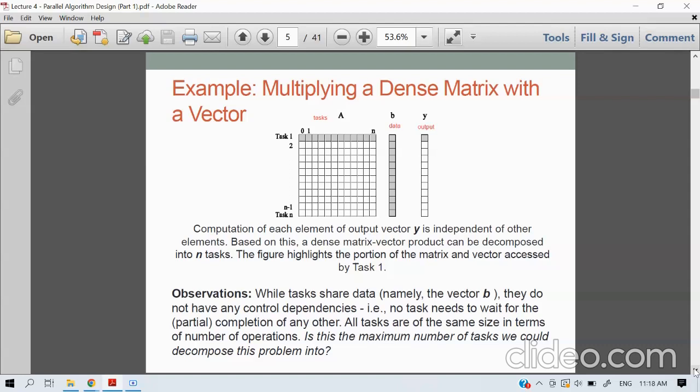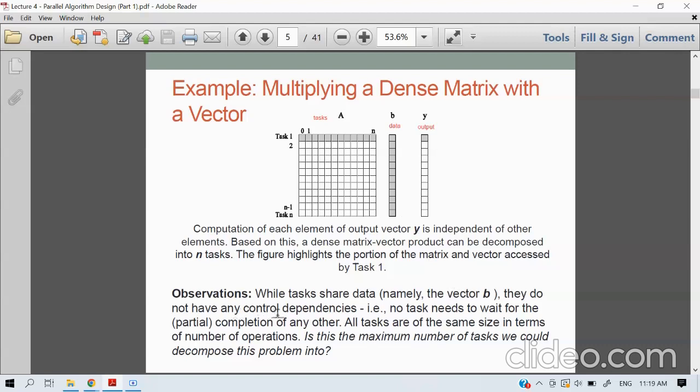So the figure highlights the portion of the matrix and the vector accessed by task number 1. If you can see here, task number 1 has n tasks that can be decomposed or broken up, and then will be multiplied by B and we'll get the Y output. So, observations: while tasks share data, task A shares data with B, the vector B,